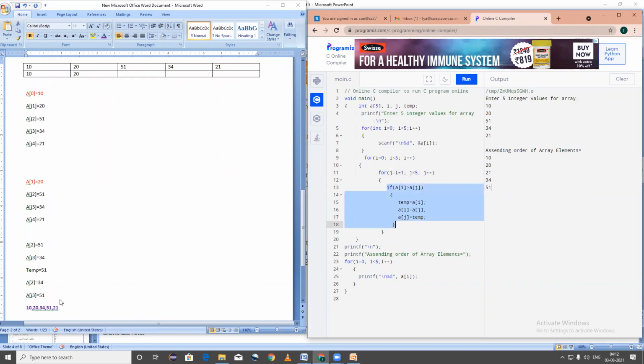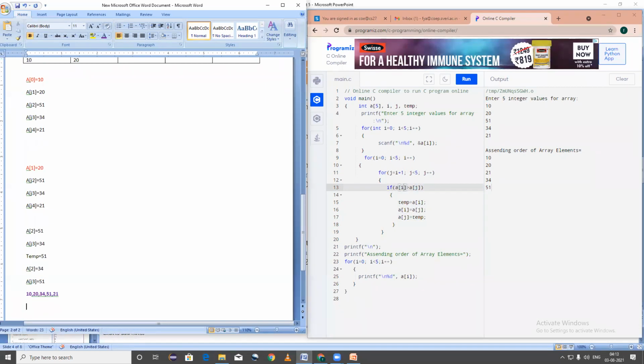Now check what is the value of a of 2. What is the value of a of 2 now? I highlighted it, look, what is the value here, the changed value? 34. So here a of 2 is equal to 34, and what is a of j4?